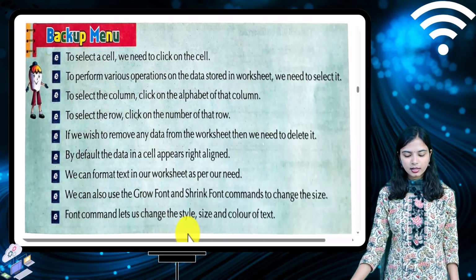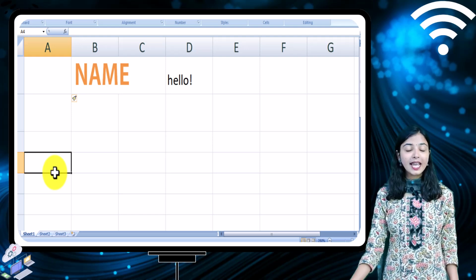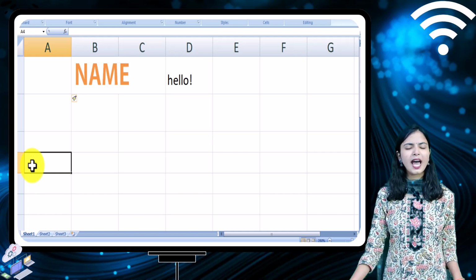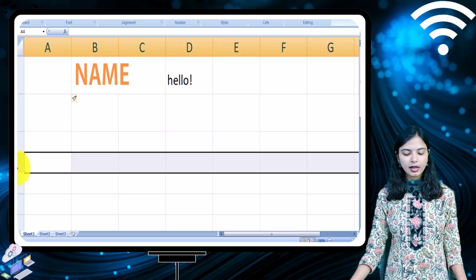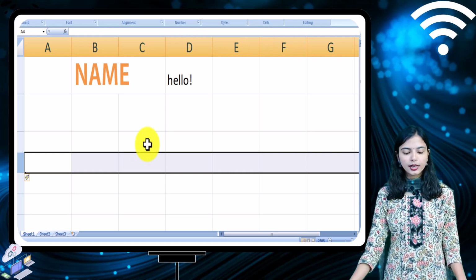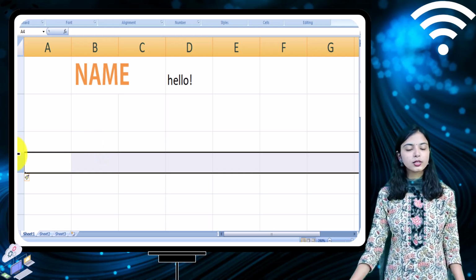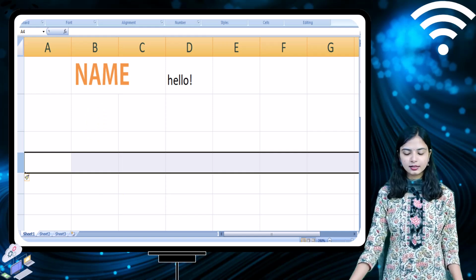Okay, students. Let me show you here. Suppose I want to add a row before row 4. So how can I insert a row? I will select this row. After selecting the row, I will click on the insert sheet rows. Now we can see that after clicking insert sheet rows, another row has been added to my sheet. Okay, students. Next is,